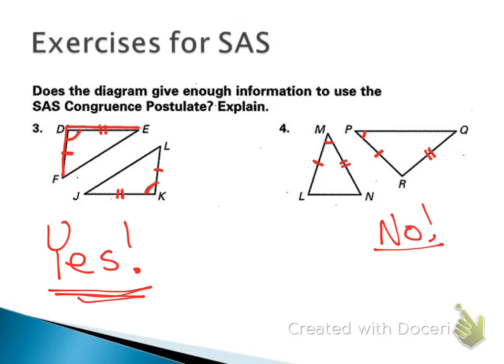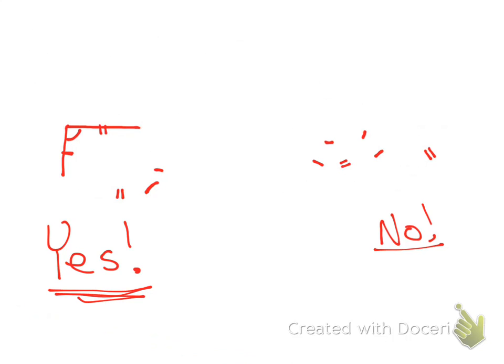All right, you all have your homework. You can go ahead and look at that. Okay, I want to look through especially the first section a little bit because we didn't do any in your notes like that. So everybody look at number 1. The directions say use the diagram at the right to name the included angles between the two given sides. So you have two